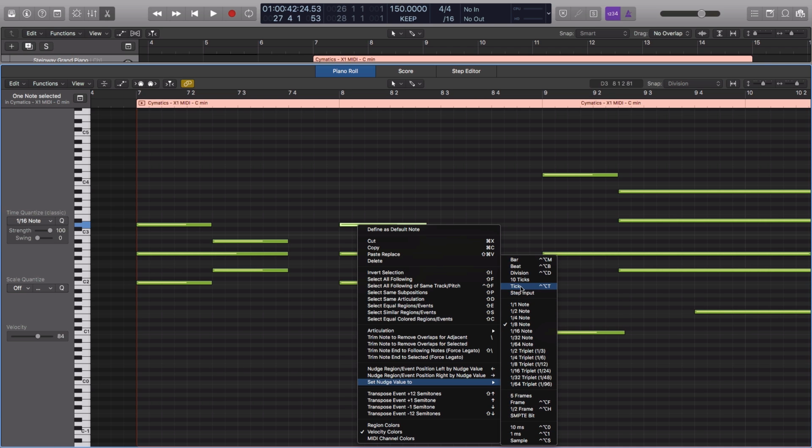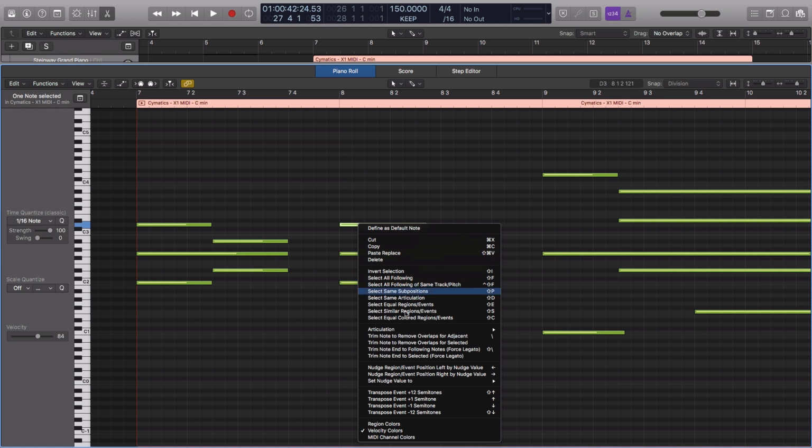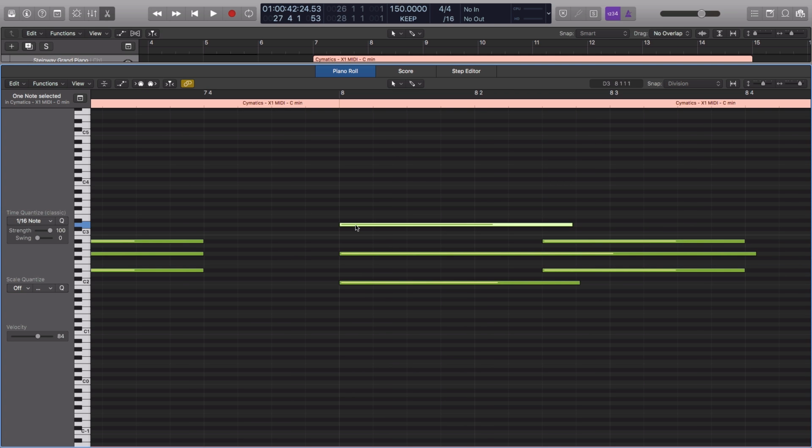I often have mine set as a tick, actually, and I'll show you that in a second. And then your keyboard shortcut will be over here on the right. Again, I've modified mine to just be the left and right arrows because I use this feature quite a bit, and the default one was just a little annoying to me, so I went and modified it. So let me show you what ticks do. If you have it set to ticks, you can select MIDI notes and just ever so slightly push them over, like